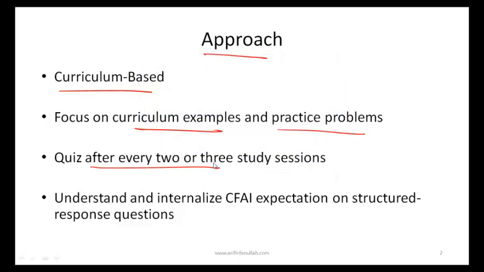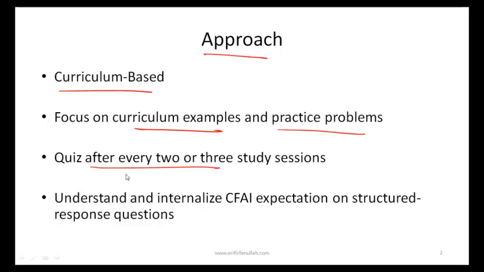is the hardest. The reason is, in level 3, you have to do these structured response questions, so you actually need to read a long case, and then you need to write. And for most people in Pakistan and others who are not native English speakers, for some reason, writing is difficult. And writing the way the CFA Institute wants you to write is not something that can happen overnight. Overnight, you can learn a theory and learn how to answer multiple choice questions, possibly, but overnight you cannot learn how to create a structured response.